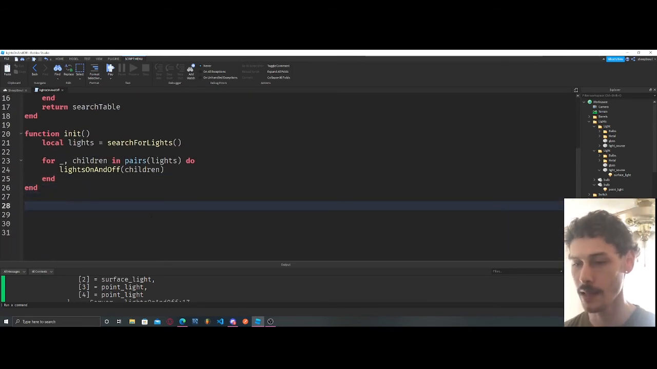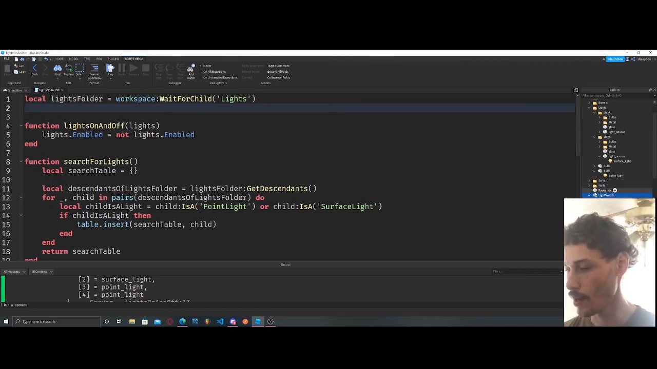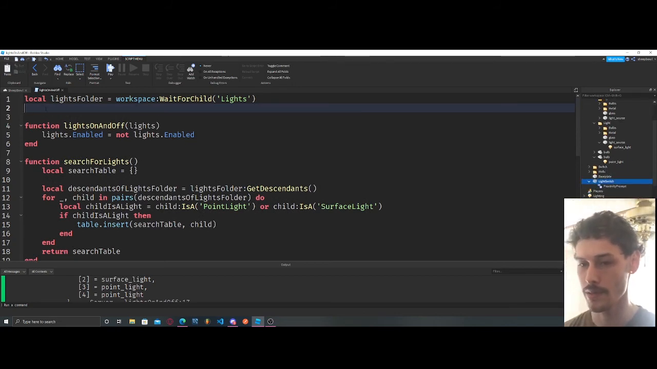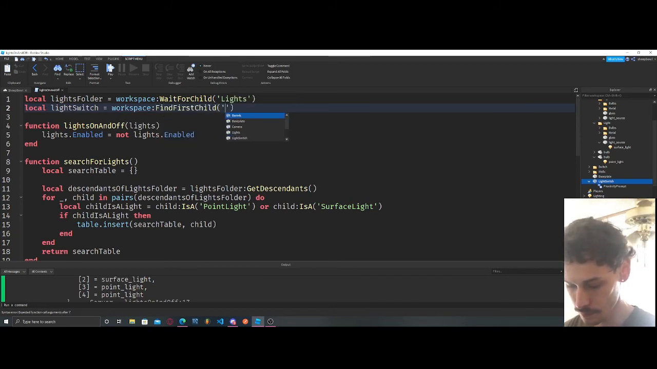And now we have to get our proximity prompt. So this is the last bit. We're going to have to get our proximity prompt. So it's in our light switch. So we could just do local light switch equals workspace find first child light switch, and then we can do